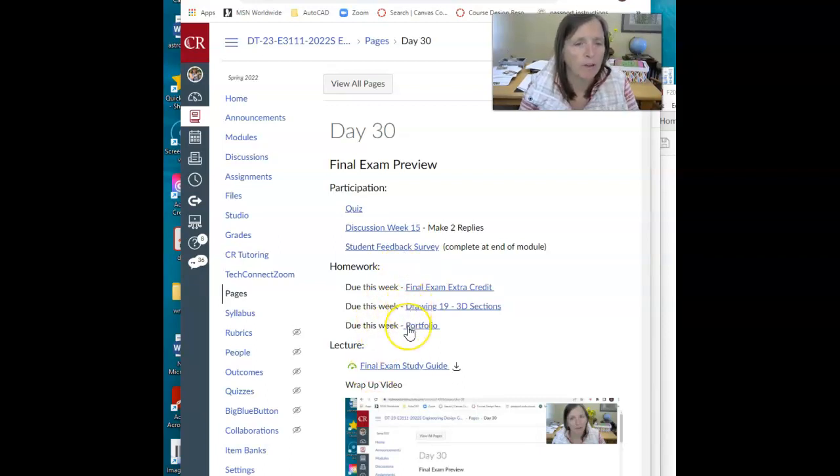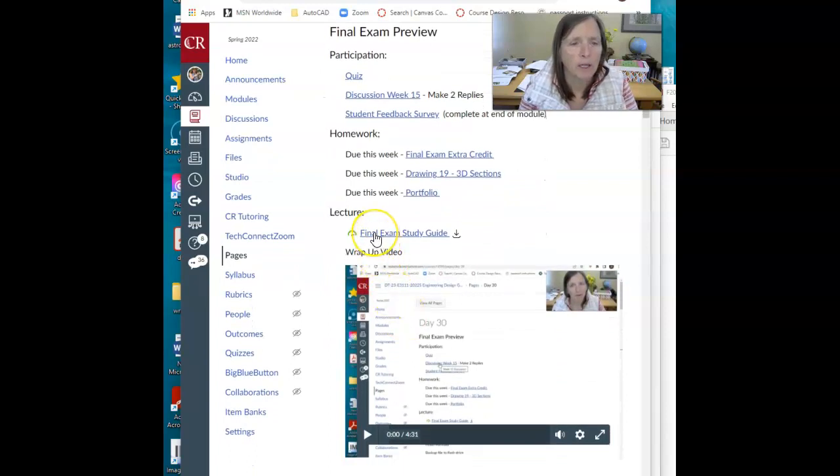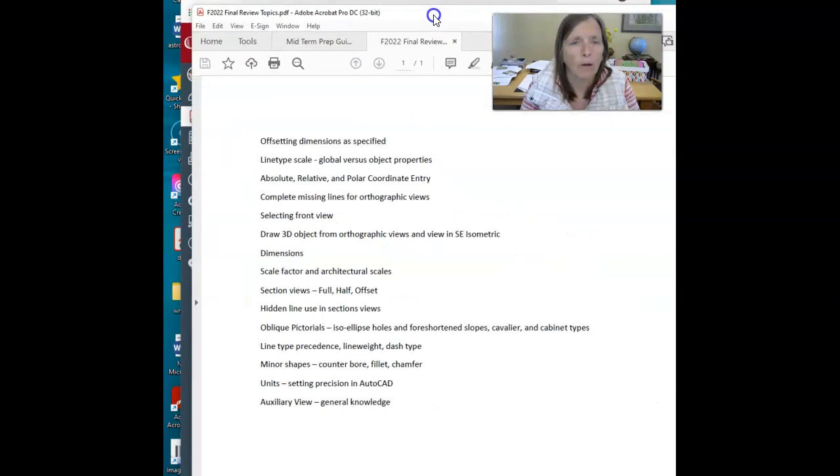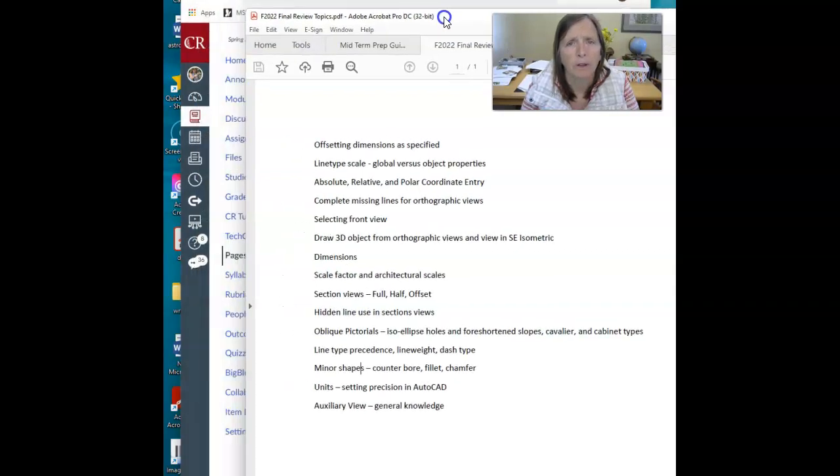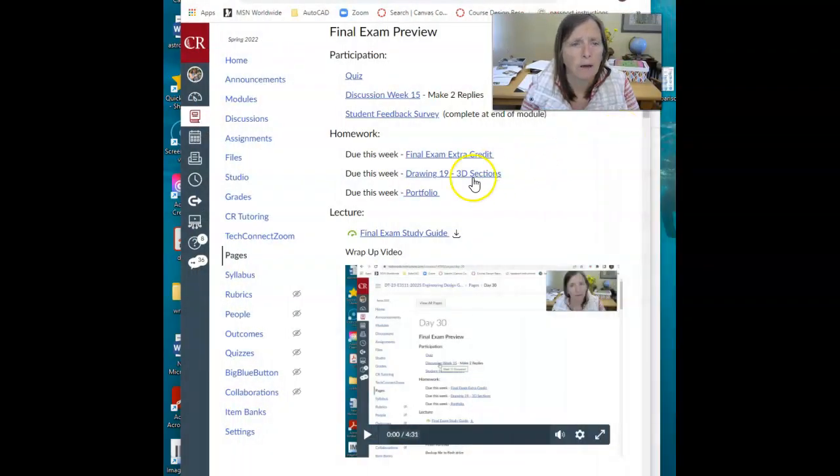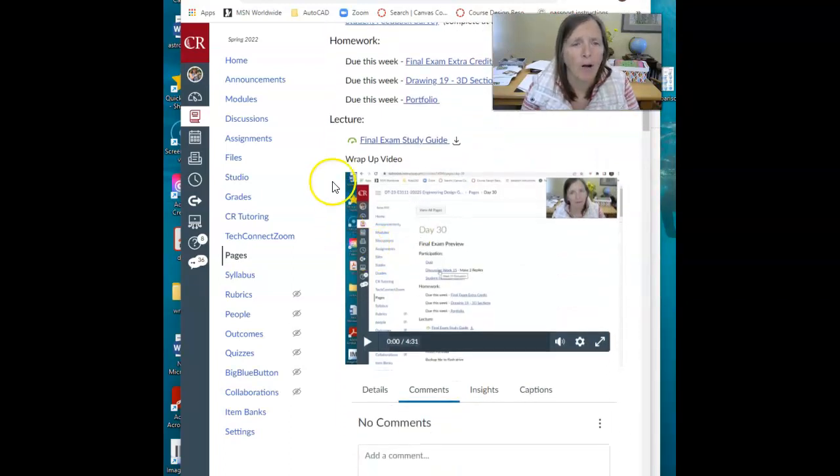We normally have these homework links. This is a new study guide, and it covers all the topics that are on the test in brief so that students are focused on the correct topics. We do have a comprehensive class, so I don't want to make it too much of a scavenger hunt for them. I want them to get to the point and know the material so that they do well on the test. So I have the new exam study guide, and then I call this a wrap-up video,